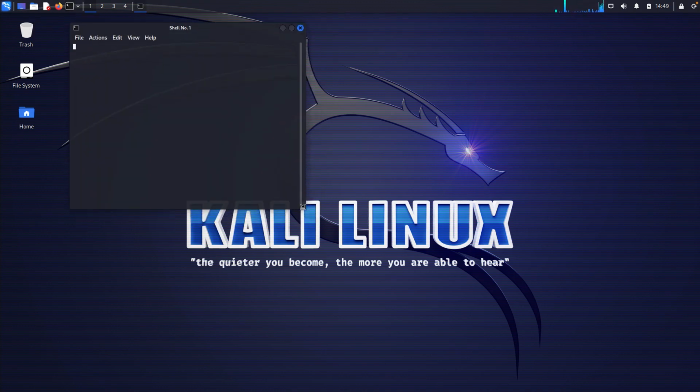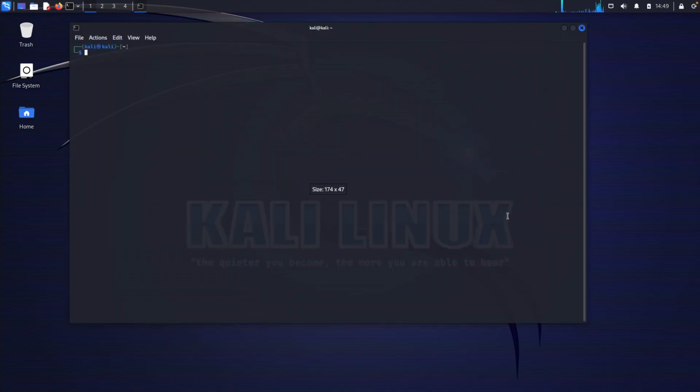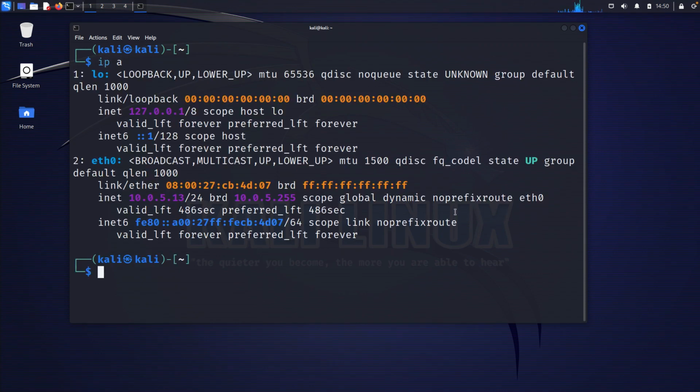Okay, let's increase the size of this window. Let me increase the size of the font. Control Shift plus. Okay, and let's run the command ip a,